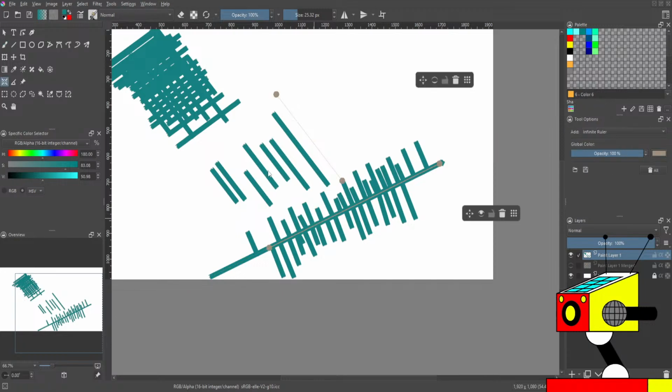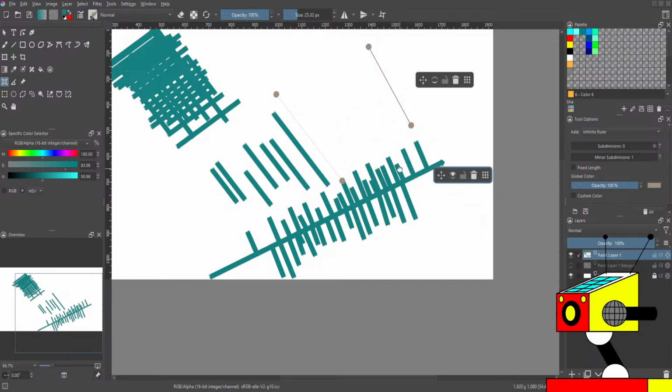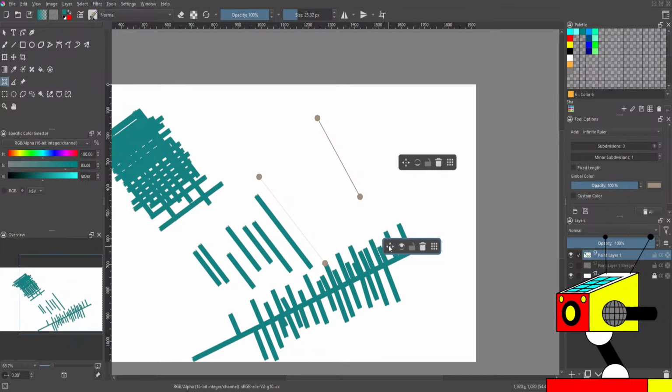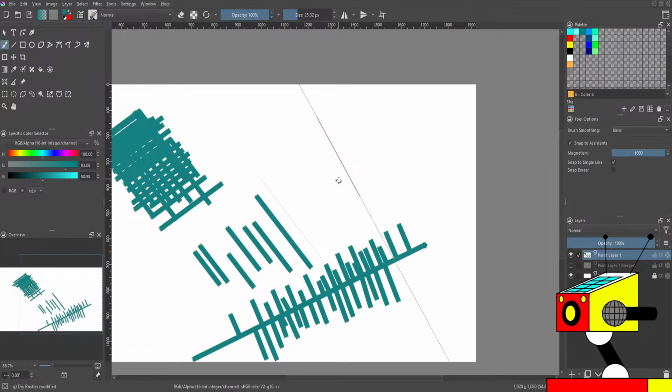But otherwise, I haven't really been using this one too much. I did try to use it for my Ninja Gaiden compositions, but it's just not very practical to only hatch like this, because you would still have to move the ruler around to do cross hatching, if that's what you want to do. If you want to do just regular hatching,